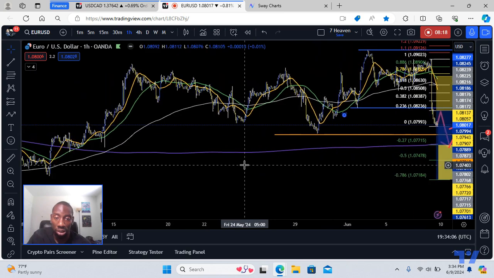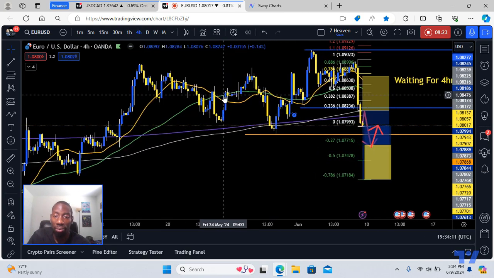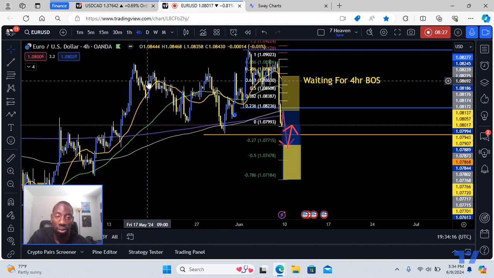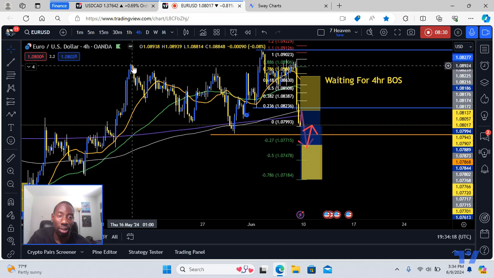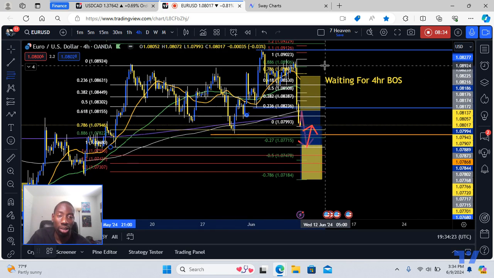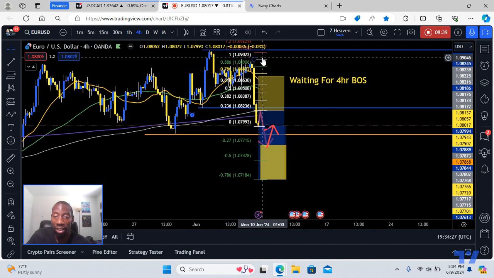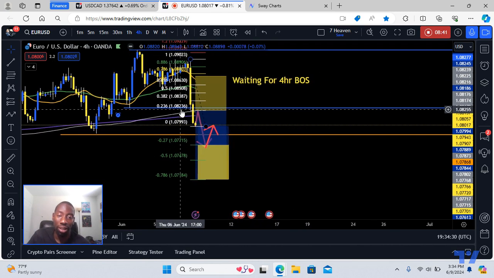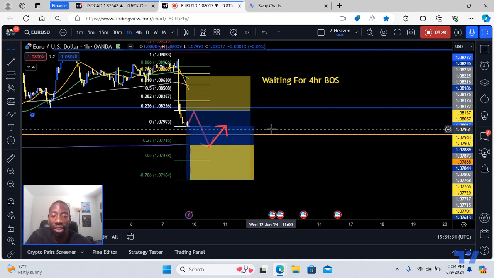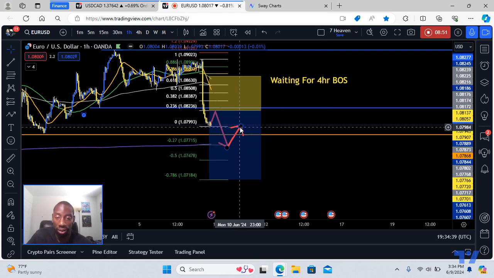And we've been up structure since, and we finally came down on the 4 hour chart. It's been some time. Yeah, the 4 hour broke structure here. Oh no, it didn't, because here we had this big 4 hour situation that we were currently in, and then we finally made this new high, and then we finally broke structure. That's what happened, and now we're looking to take this thing like that. All right, that's simple on Euro USD, right? Moving along here,